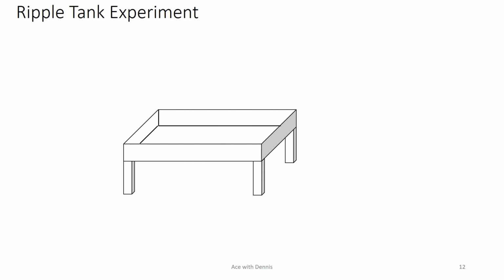Now, let's discuss one important experiment which is called the ripple tank experiment. We conduct this experiment to study waves in the lab. So this is the setup of the ripple tank experiment. First, this is the ripple tank, which is made of transparent glass. It is filled with water,